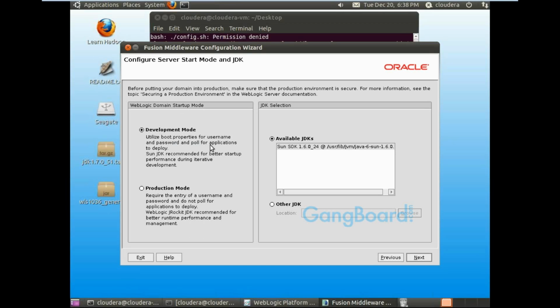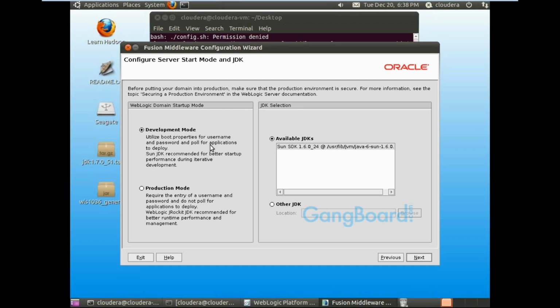It will take time, and it will deploy all the deployments again every time you start the admin server. But in production, once you have deployed, it stays deployed, and it will ask for a password. In production mode, every time you log in, it will ask for a password.